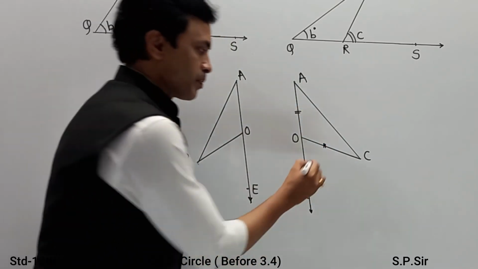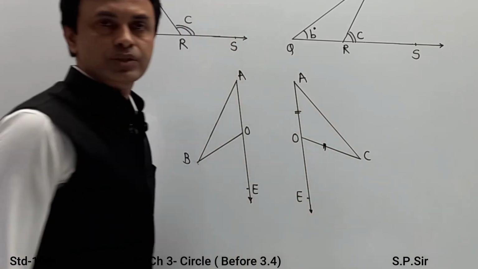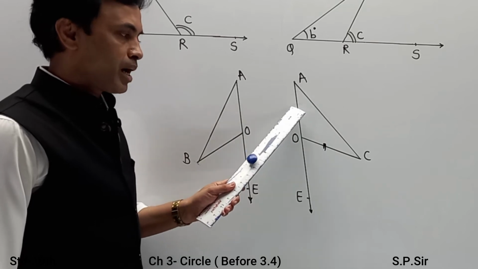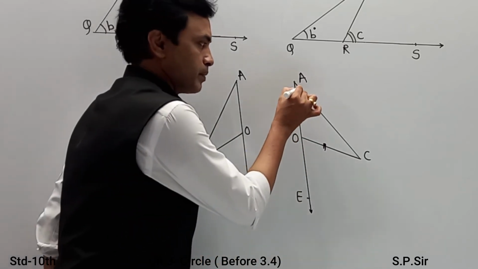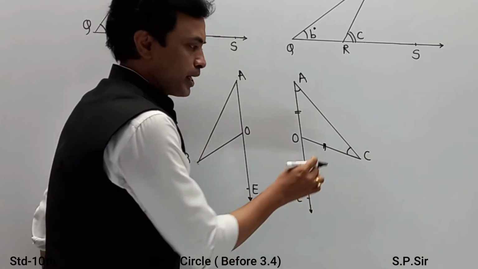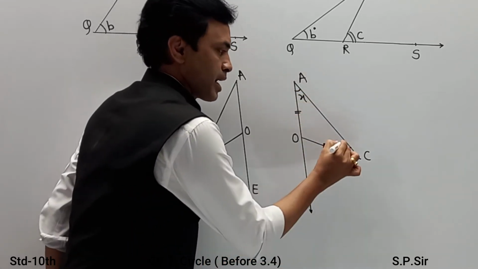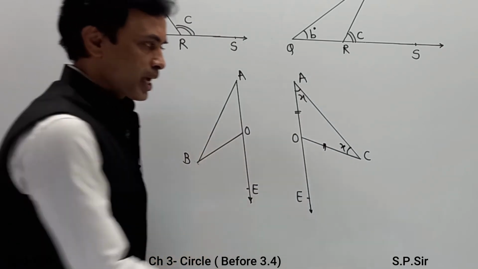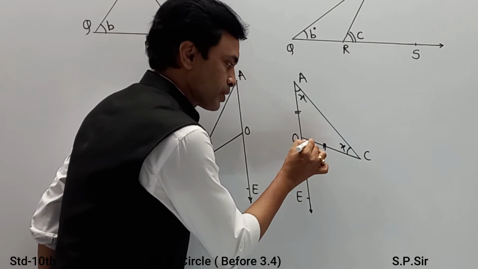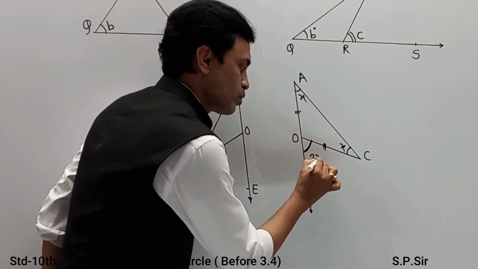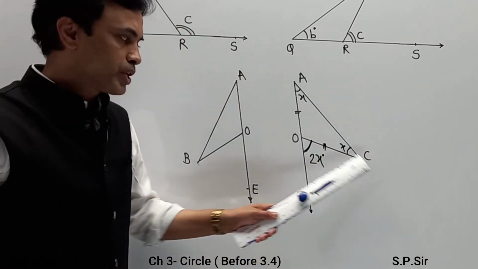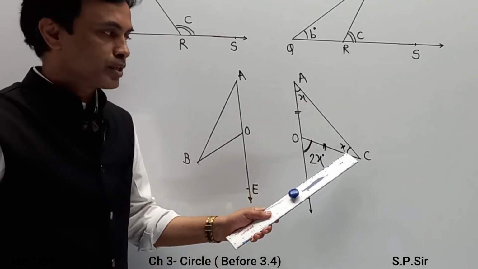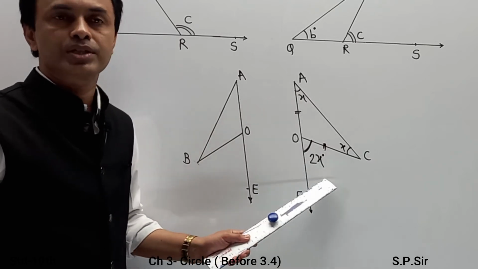Naturally this triangle becomes an isosceles triangle. If this triangle is isosceles, the opposite angles of these sides I am going to indicate as X and X. Naturally X plus X, the value of the exterior angle, which is COE, becomes 2x degrees. So the value of COE, that is the exterior angle, is equal to the sum of the two remote interior angles. So X plus X, that is 2x degrees.